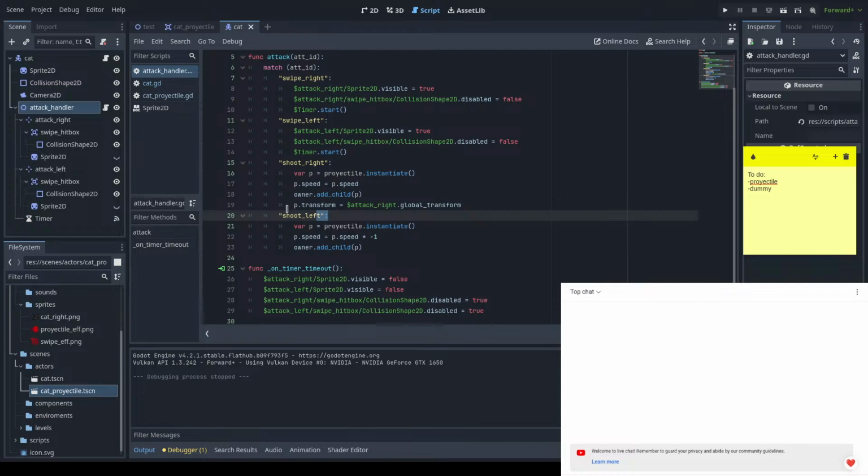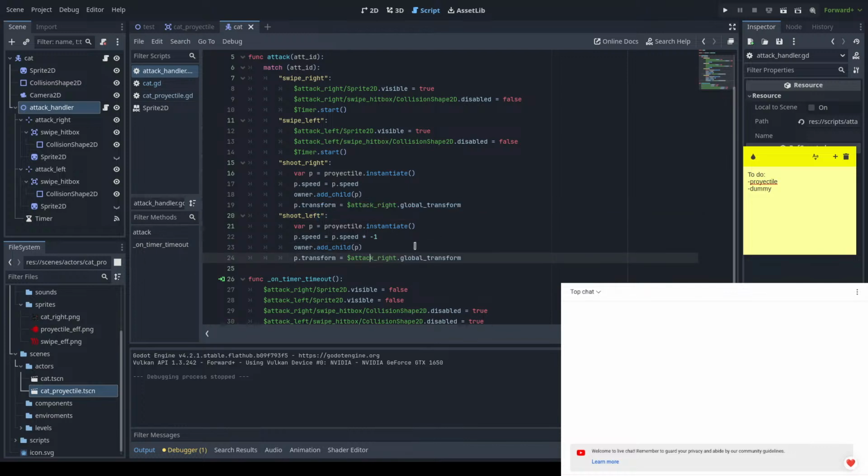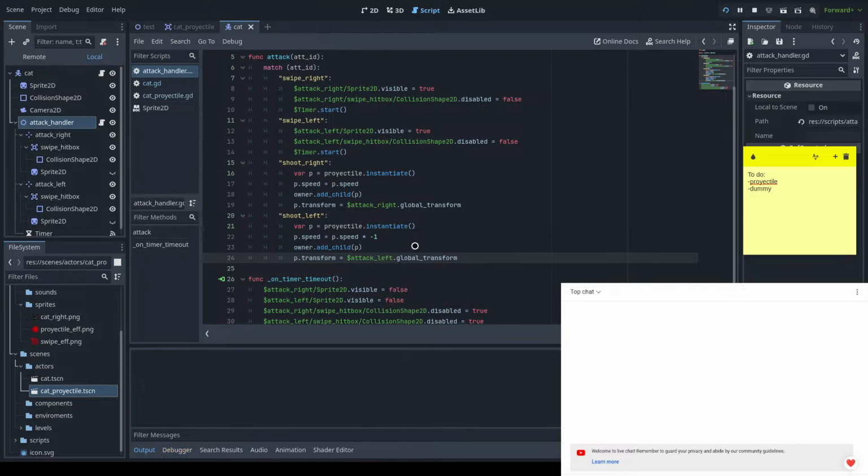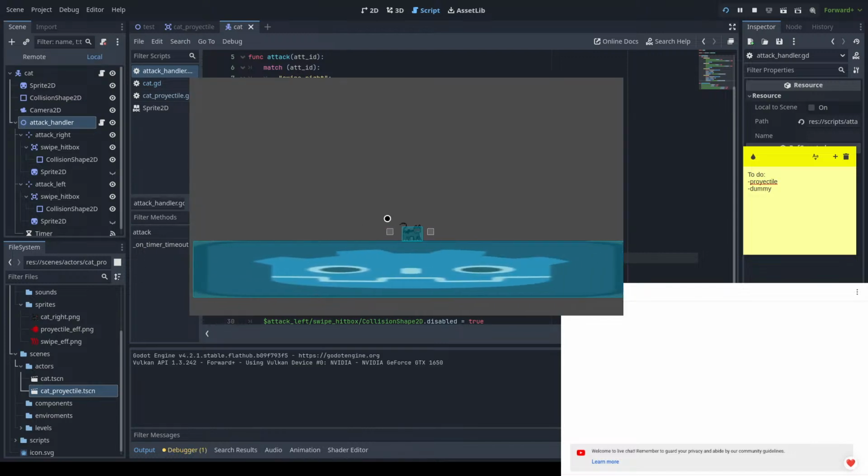I'll say Godot has some of the worst code auto completion I've ever worked with. It's horrible. It only works like half the time, and I know there's ways to make it better, and I'm just bad, but